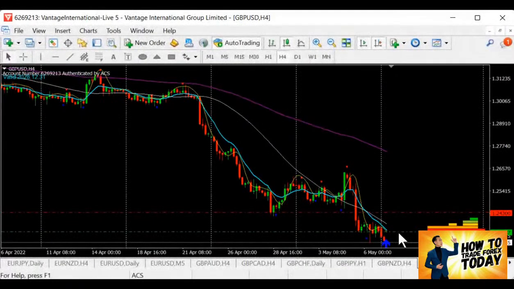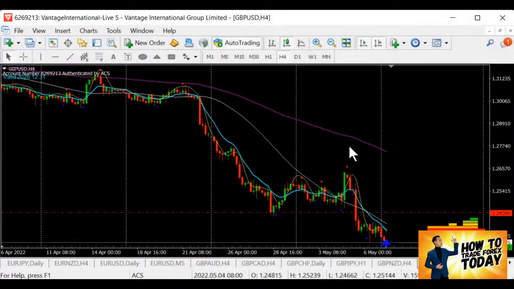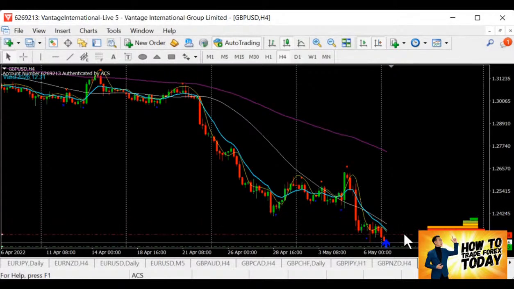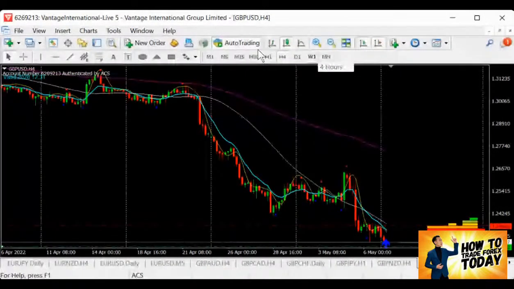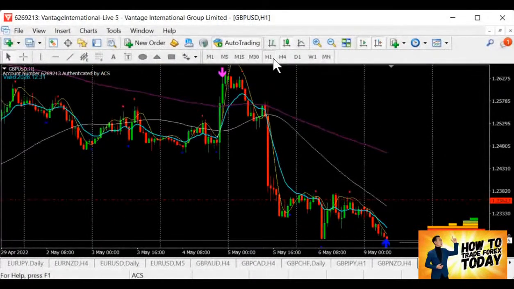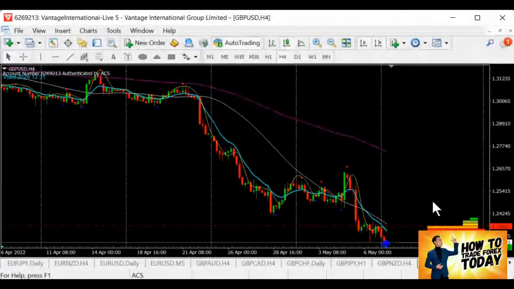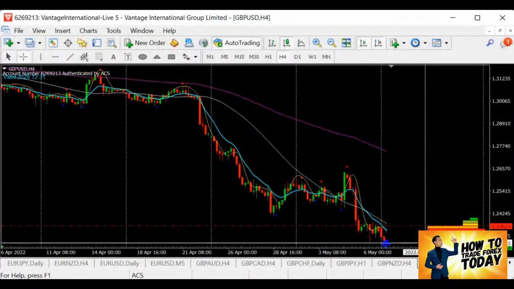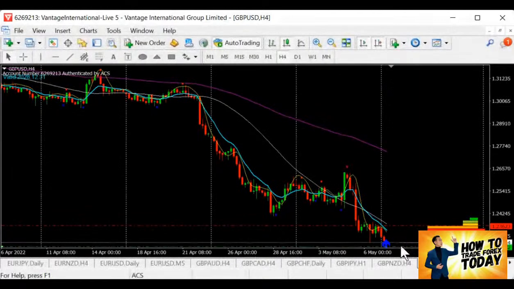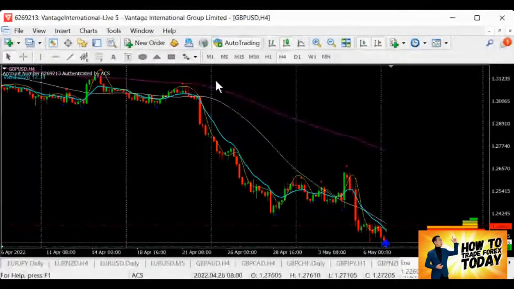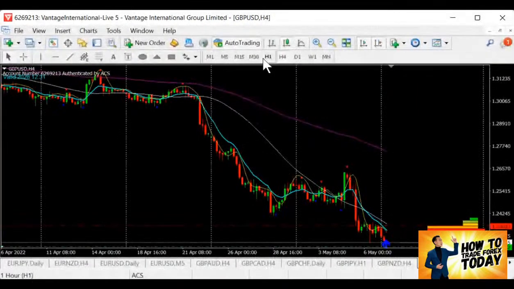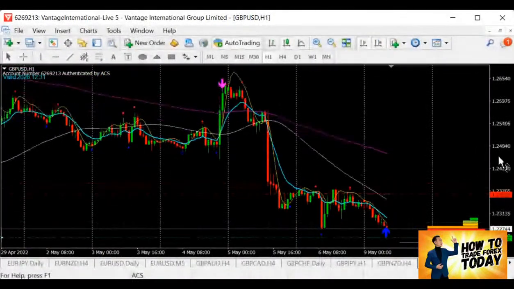Okay, so over here, very likely, as you can see, the resistance is around this area. So in this pound dollar, we are still a bit away from the support. We have about 25 pips. We still have 25 pips away from the support level. So by looking at this right now,